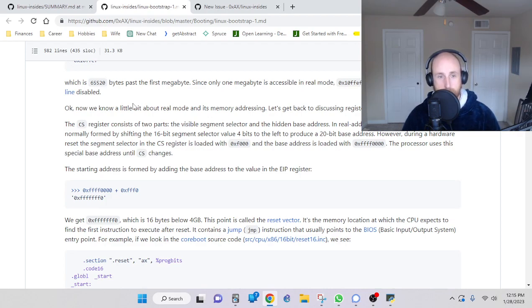So 0x means it's a hexadecimal number. So there's 4 digits in this hexadecimal number. So that means if it were a binary number, it would have 8 digits, because the digits here represent place values. So the first place value is 16. The second one is a value of 64. The next one is a value of 92. And then the next value is a value of 128. Each place value can be represented 0 through